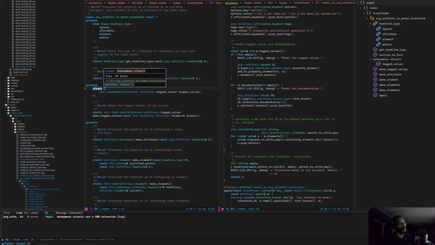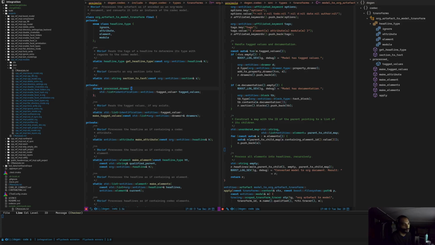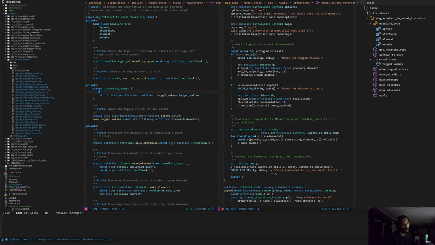So process drawer, convert to drawer. Could say drawer contents. Well, I'm just going to call this process drawer. I mean, this is a terrible name, but sometimes it's good to just have a first stab at the problem,